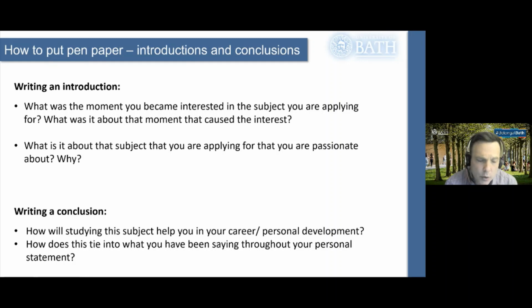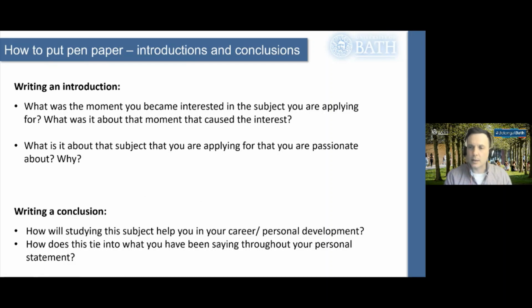And right at the beginning, it's quite important to be fairly honest about who you are and what you are, and talk about your passions and your interests. It only needs to be probably about 4 or 5 sentences long, but it needs to hit those particular topic areas. Now, when you come to a conclusion,